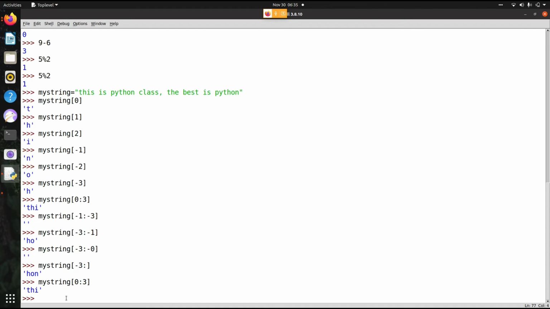Now I want to just reverse the string. Okay, my string, this is very easy. Reversing a string is very easy. -1,